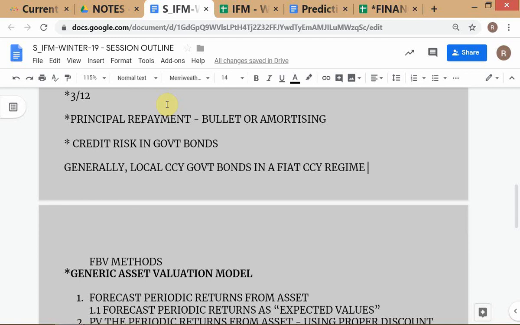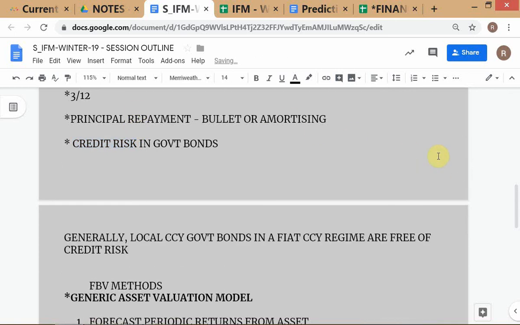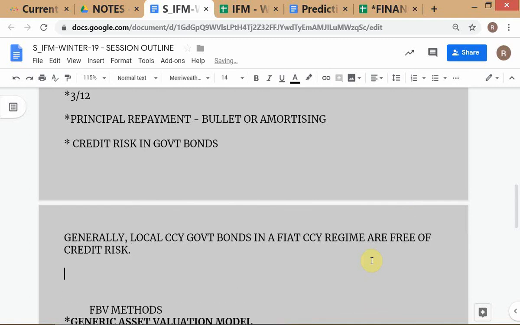Local currency government bonds in a fiat currency regime are risk free. I mean, basically free of credit risk, not free of market risk, free of credit risk. You understand the difference? Yes, sir. Free of credit risk means there's no chance that the government will not pay the coupon or the principal. No chance of default. Generally. Why did I say generally? Because there is an exception, a very